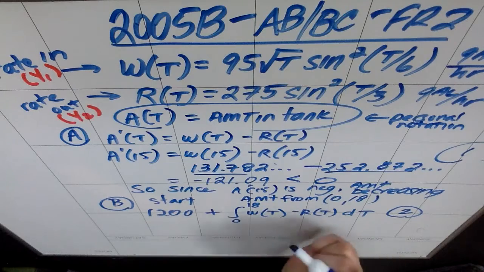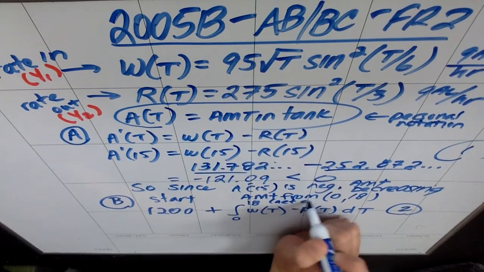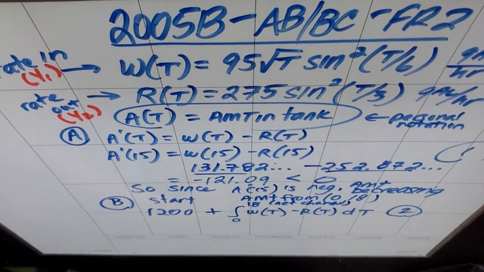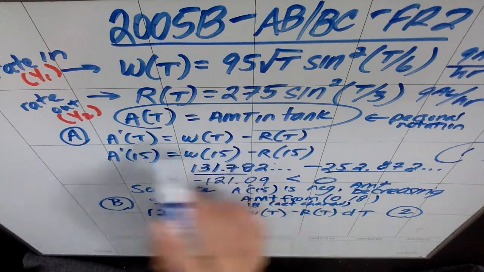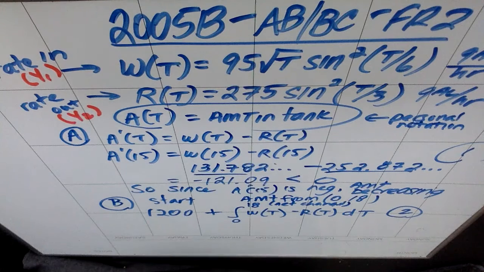This is the net change, right? This is the net change. This is how much the amount of water in the tank changed. And if it helps you to think about it as A prime of t, right? But if you're given a rate at which something changes, to find the total quantity of change, you want to